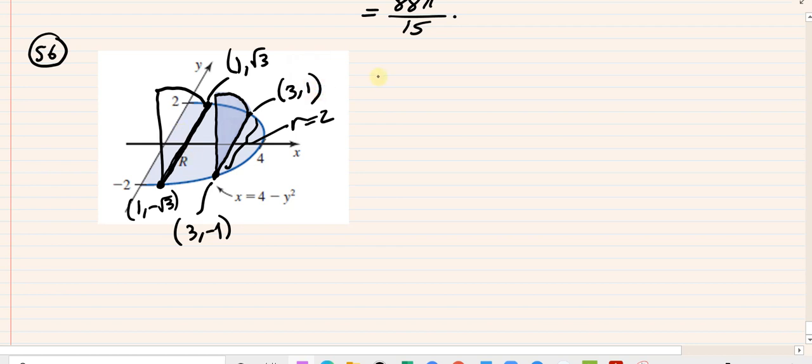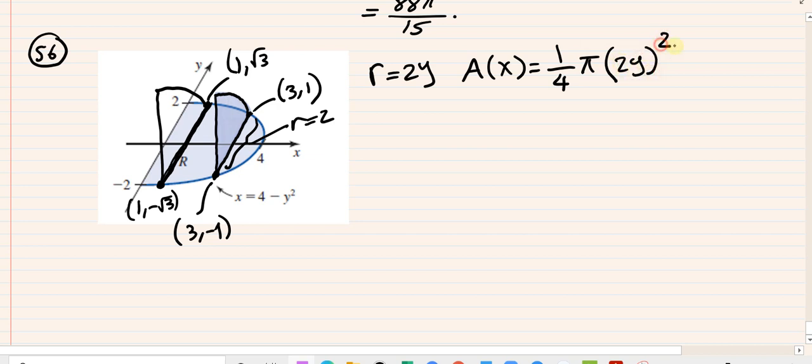So I'm going to write the radius then. The radius is going to be 2y of that quarter circle. What is the area as a function of x, therefore? The area as a function of x is 1/4, because we're told this is a quarter circle. It's 1/4 pi r squared, and the radius again is going to be 2y, quantity squared. So that's just going to make it pi y squared. Okay,